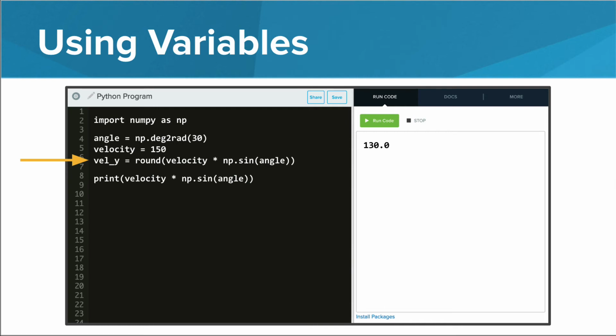I added the round function to round the calculation to the nearest integer. When we do this, we then can remove the calculation from the print function and just print vel_y. As you can see, this program is now broken down into logical steps and is so much easier to understand. We import numpy, create a variable for angle and velocity, then calculate the y component of the velocity, printing out